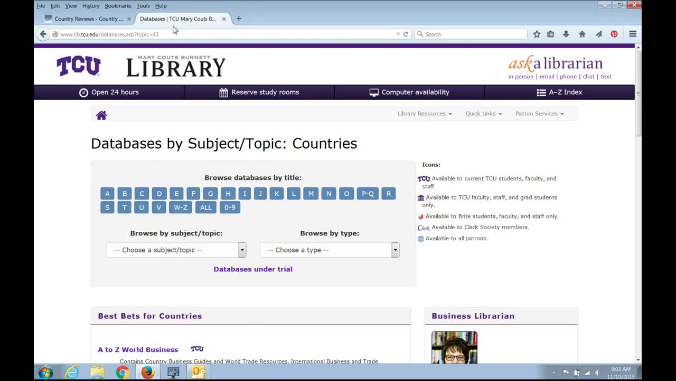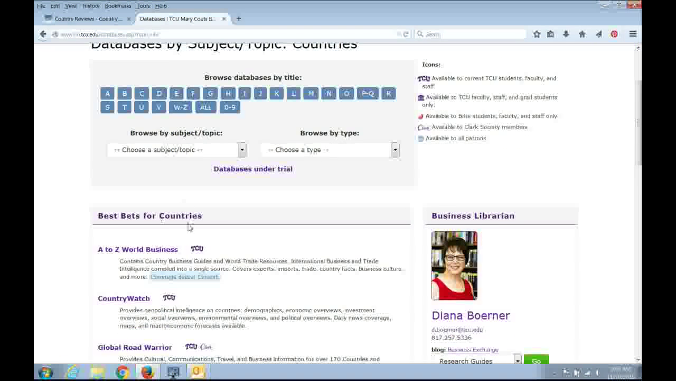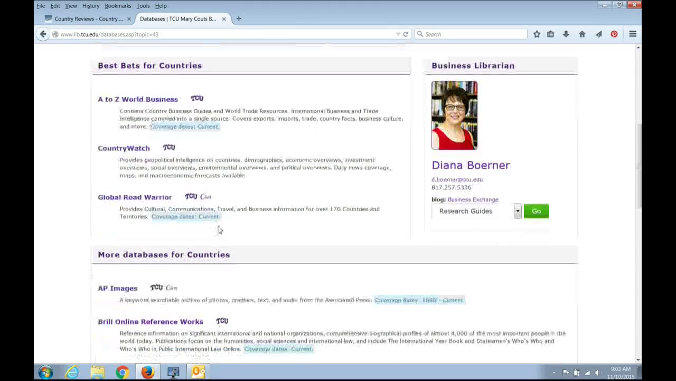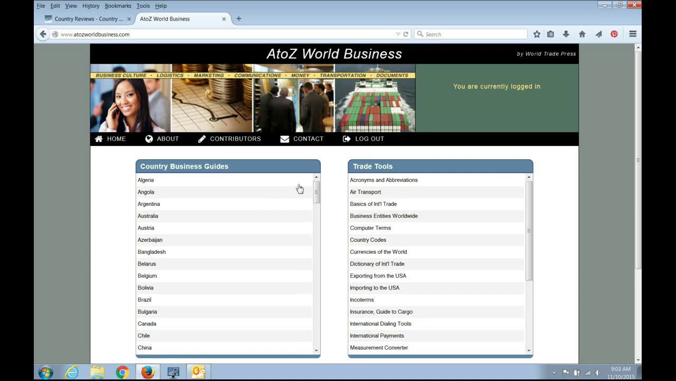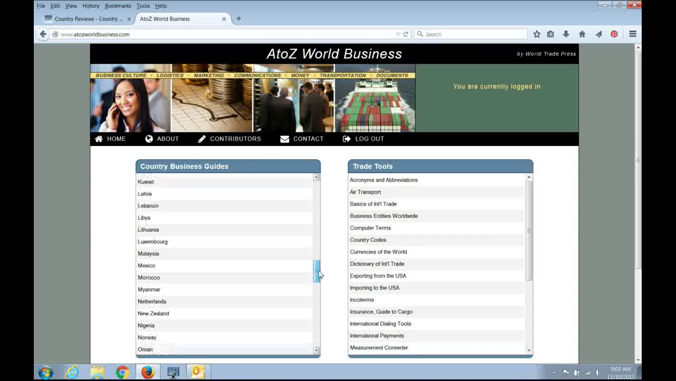I'm just jumping to a different tab. I'm still on that countries page on the databases, and the other database that I would recommend that you use to begin this assignment is the A to Z World Business database. And again, you just pick your country. I'm going to choose South Korea,